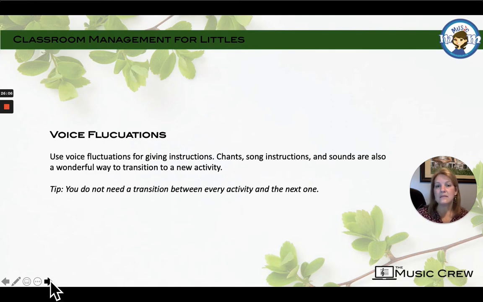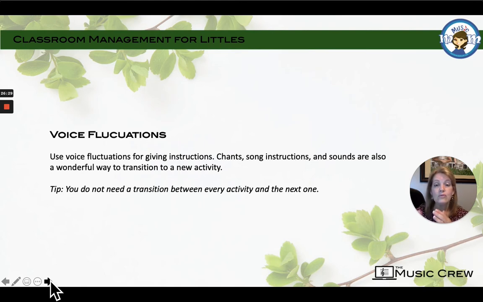Because on this particular album that I'm referencing, there are 52 transition songs. There's not a teacher alive that needs to learn all 52 of those transition songs. But if you need stand up and sit down songs, you can choose one of each of those.